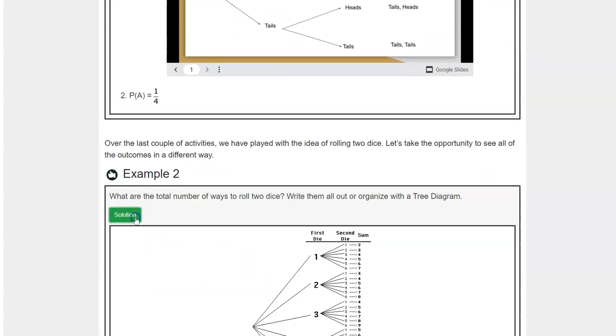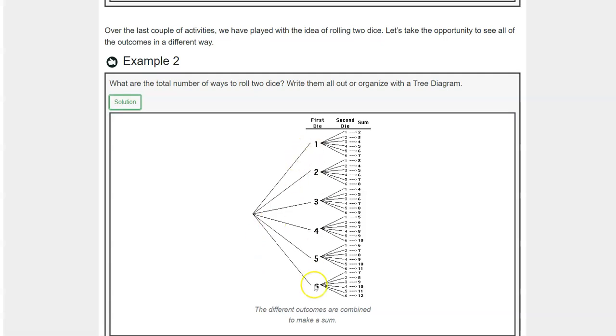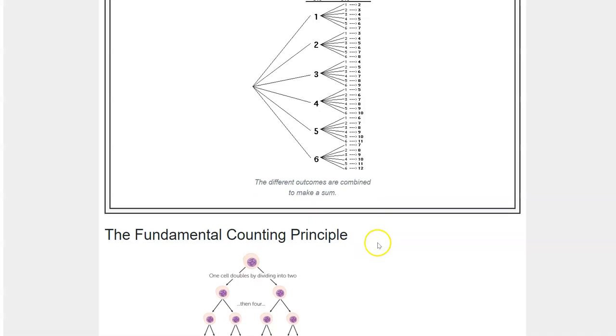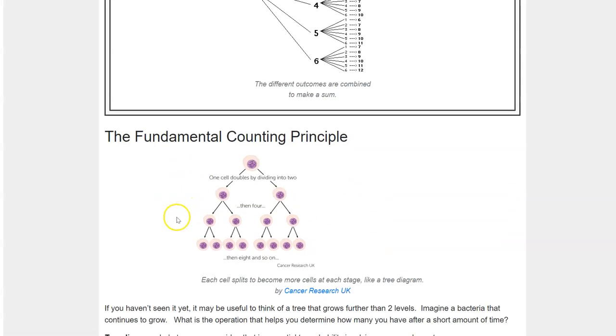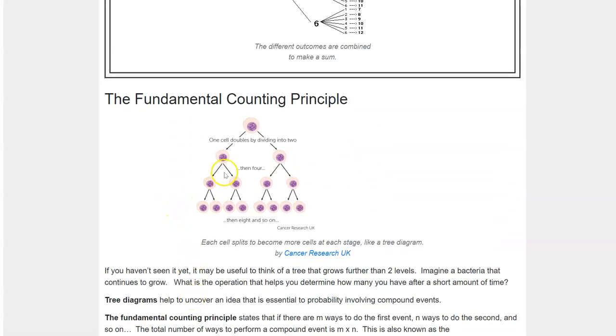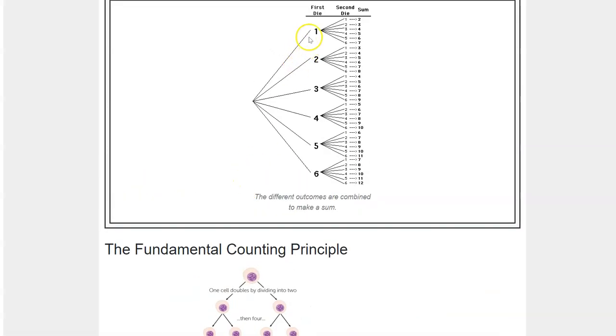You want to roll dice. Then things get a little messy, right? So there's 6 and 6. So now you have six branches and then 6 branches. Again, nothing is stopping you from rolling a 3 after rolling a 1 or rolling another 1 after rolling a 1. And if you want to look at the sum here, these are the sums that make up that table that we made. The fundamental counting principle here,